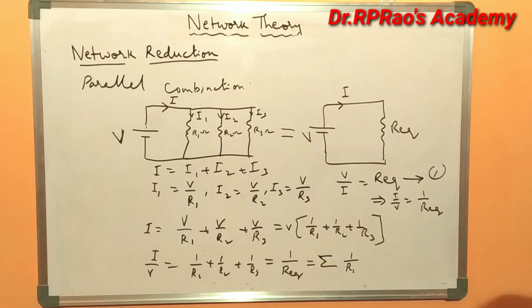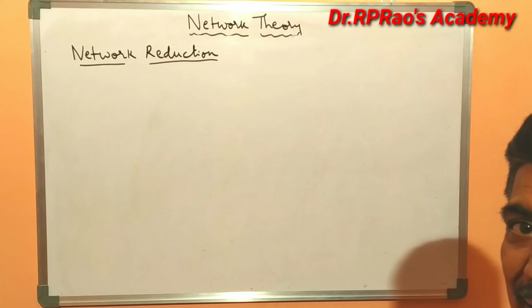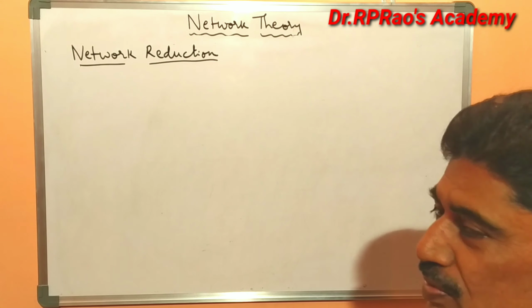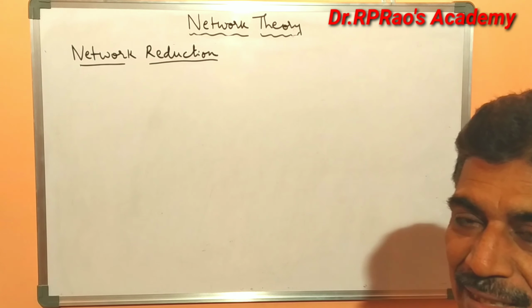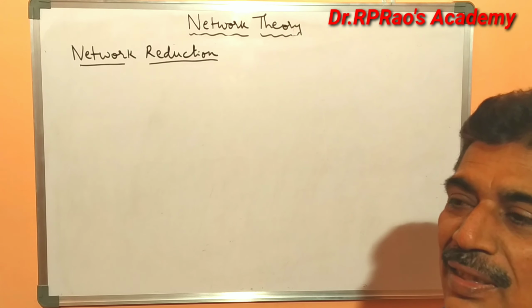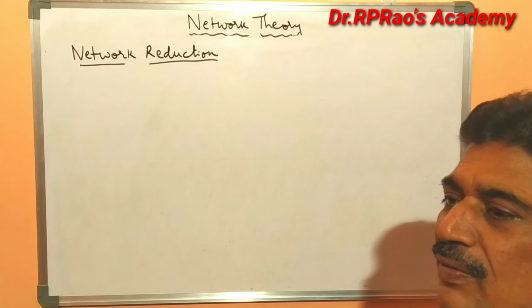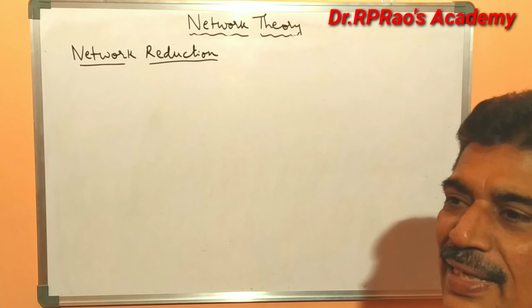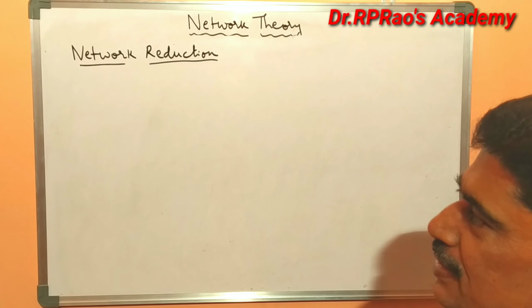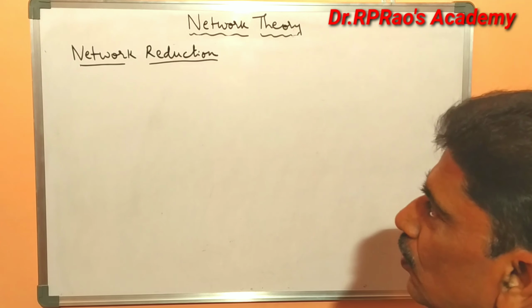So now let us see the series combination of inductors. Resistors can be used in both DC and AC circuits, whereas if you use inductors in DC circuits, they act as a short circuit. In AC circuits, the inductor will oppose the flow of current, whereas in a DC circuit, it acts as a short circuit. That means it allows the current to flow.